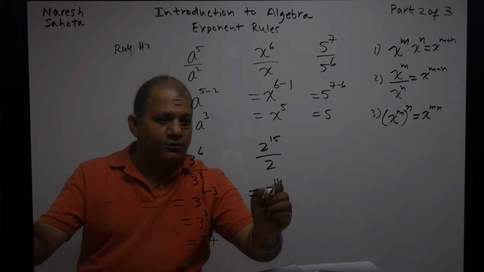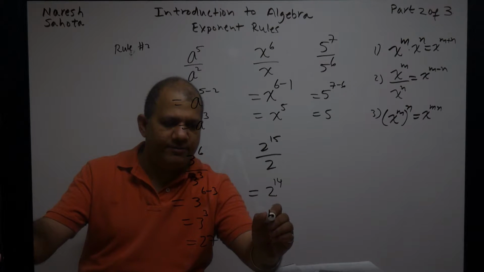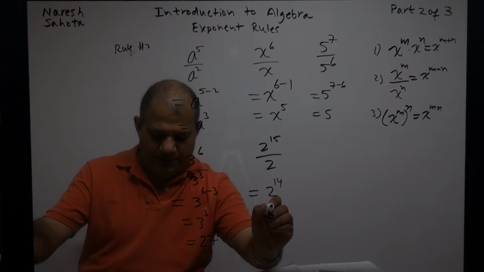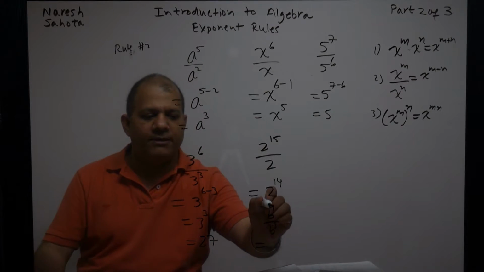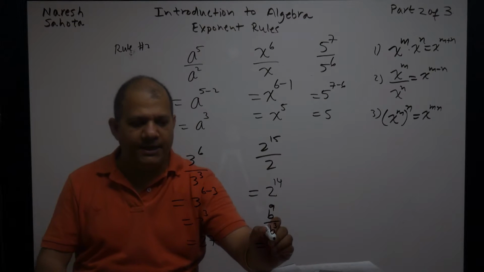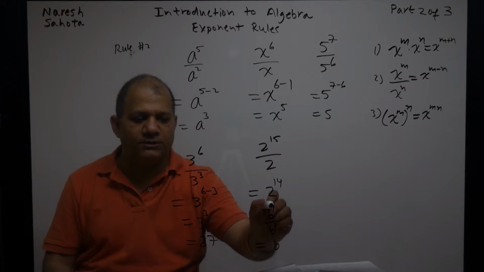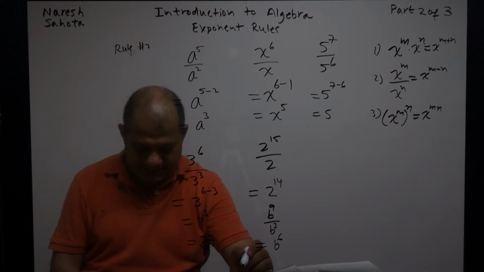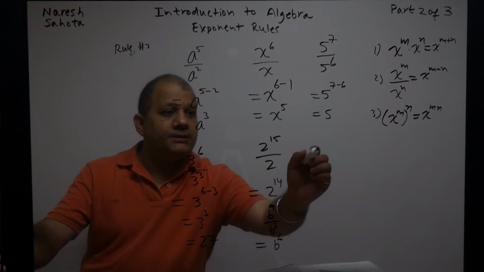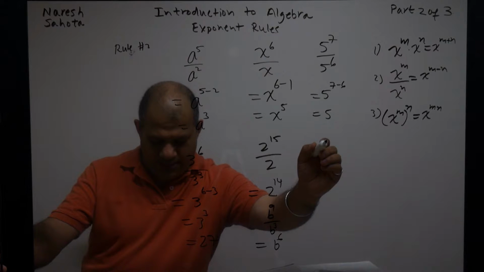Okay, so now we have b to the 9 divided by b to the 3. So here recognize again we have the same base, so subtract the exponents. 9 take away 3 is 6, so the answer is b to the 6. Alright, so now we have,